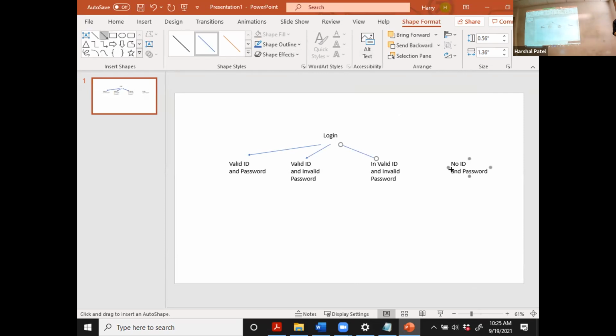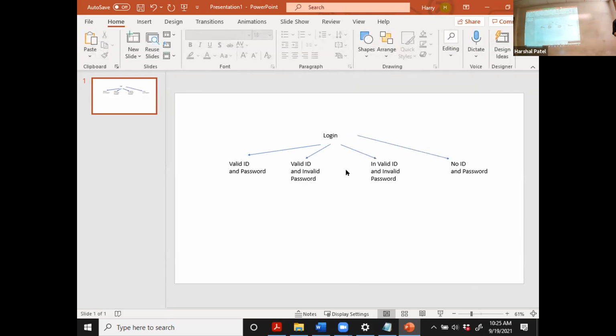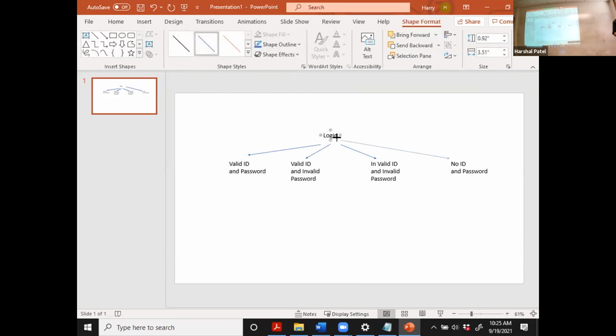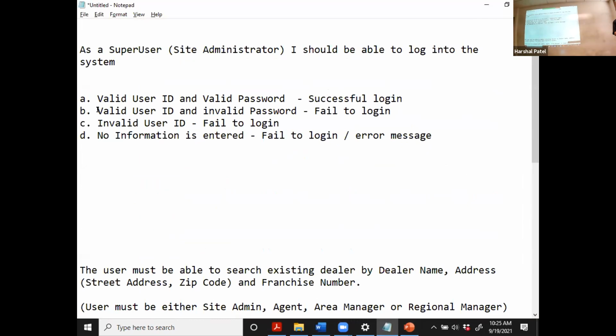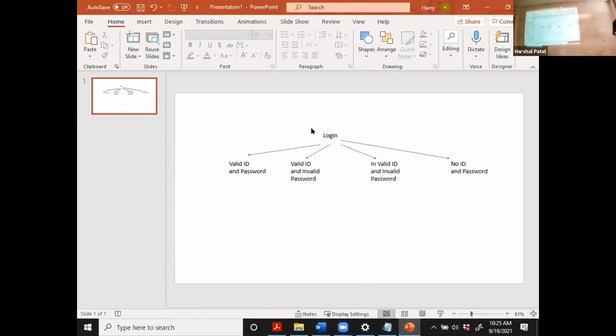If you think about it, this is the realistic thing. If I had to convert this thing that I had into visual, I would do something like this, right? My login is kind of converted into portions. Can there be one more scenario, the user enters the valid ID or forgets to put the password and hits